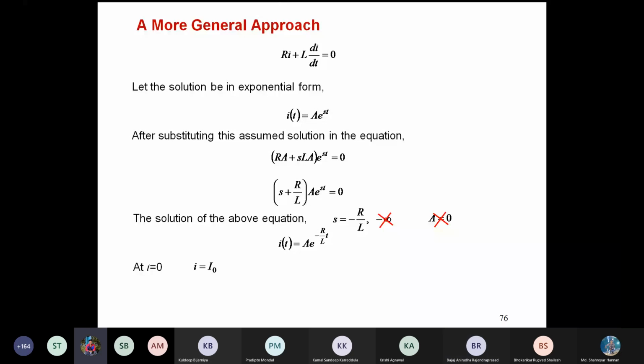At t equal to 0, there was some current, and that current was there because the circuit was